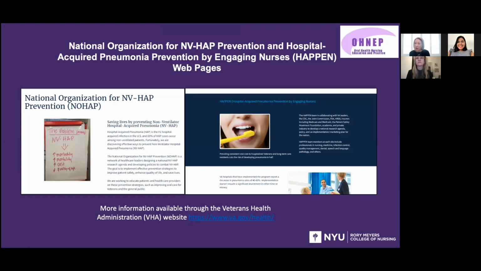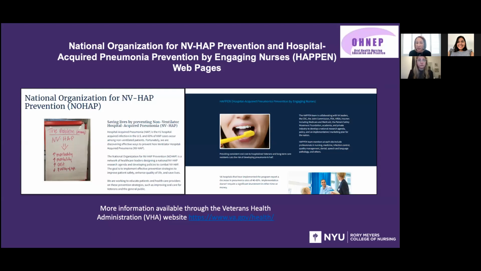It was a nurse-led but interprofessional work group that got together to collaborate on preventing hospital-acquired pneumonia by engaging nurses. It started in one VA hospital in Salem, Virginia, and now has been scaled in all 155 VA hospitals and long-term